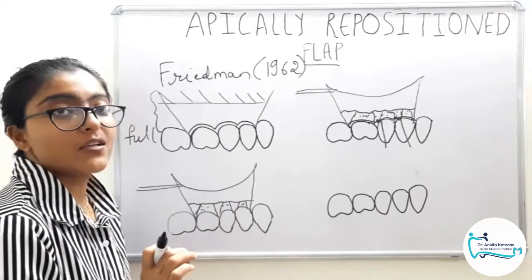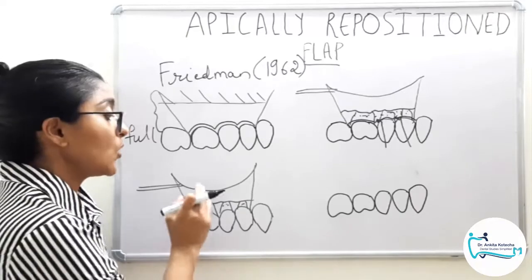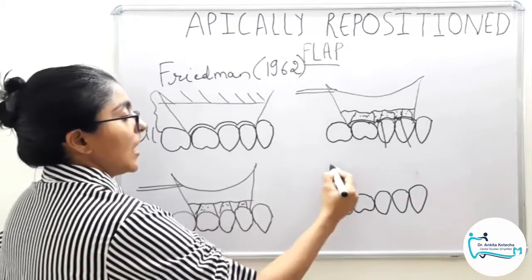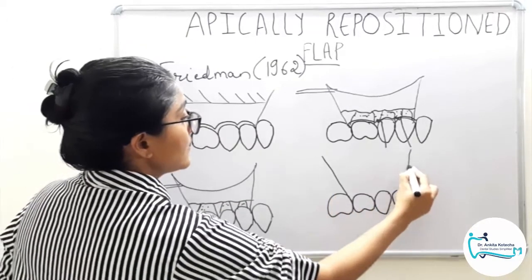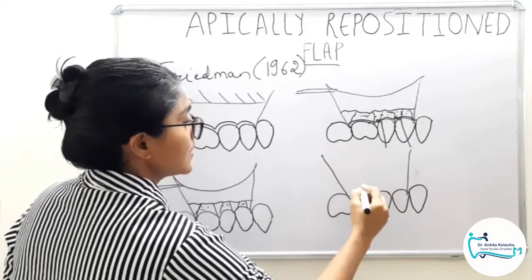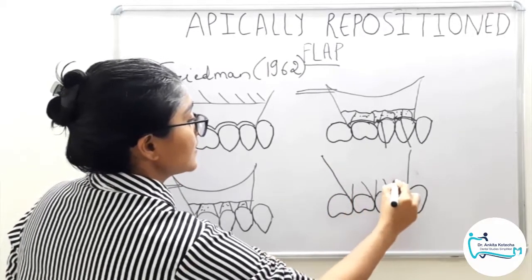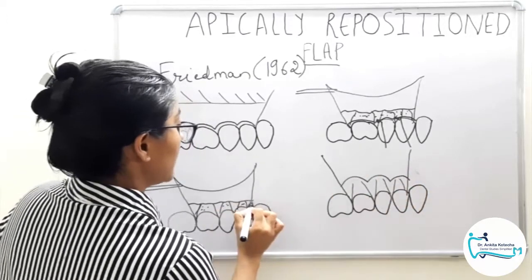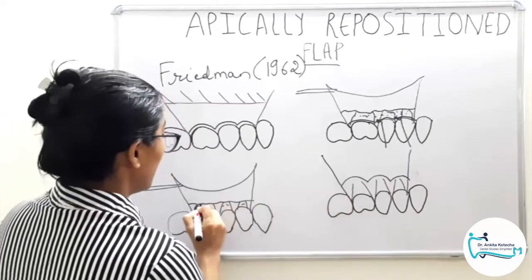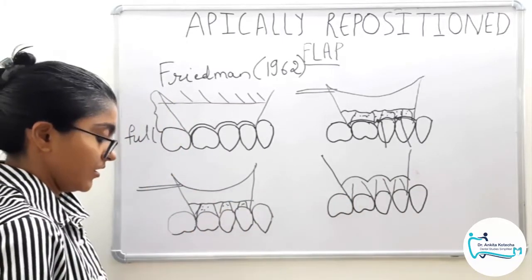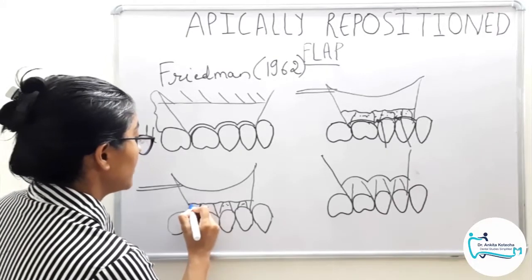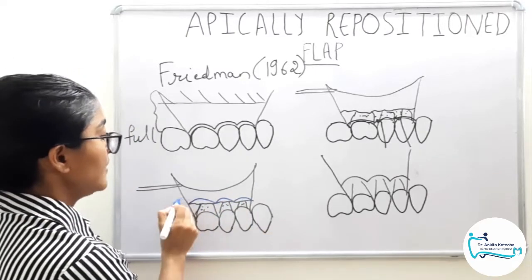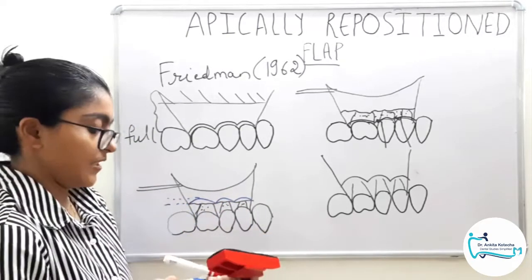and the bone margins are contoured to achieve the ideal anatomic margins and also enable the primary closure, especially in the interproximal sites. So our final site looks like this, with the flaps, the clean root surfaces, and the bone is contoured, although it will be comparatively at an apical level because the bone is contoured. If I show on this picture, if the bone margins are trimmed somewhat in this manner, so it is at an apical level relatively.